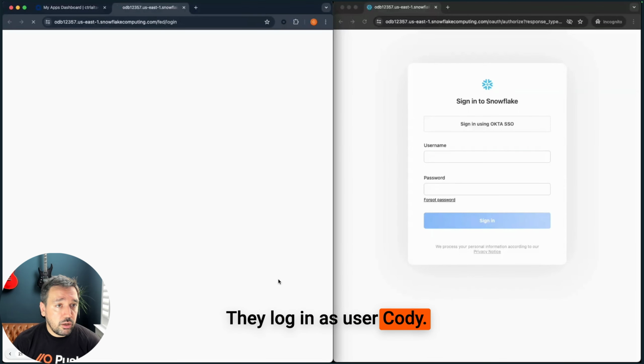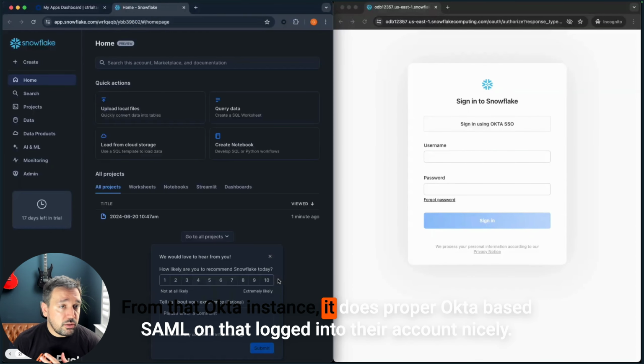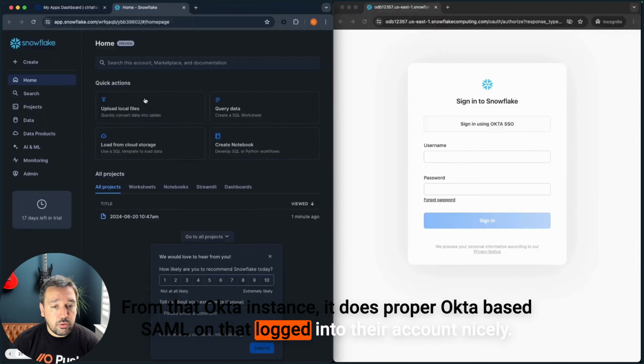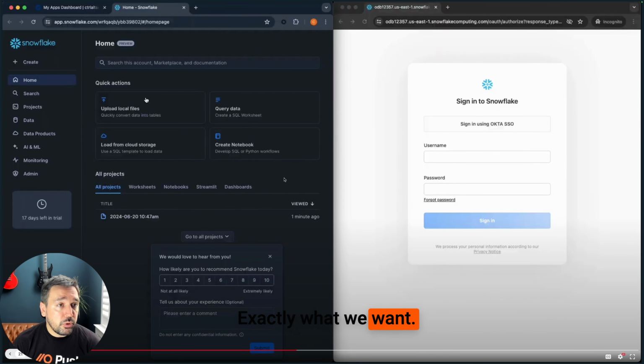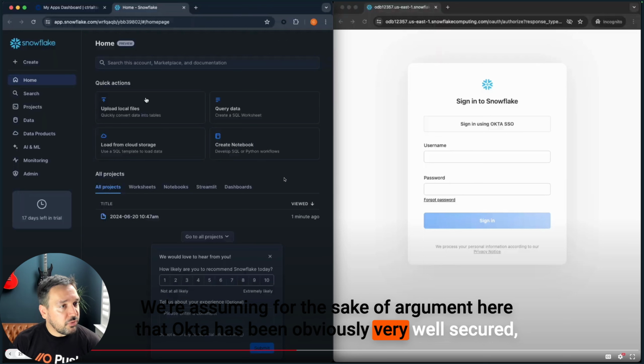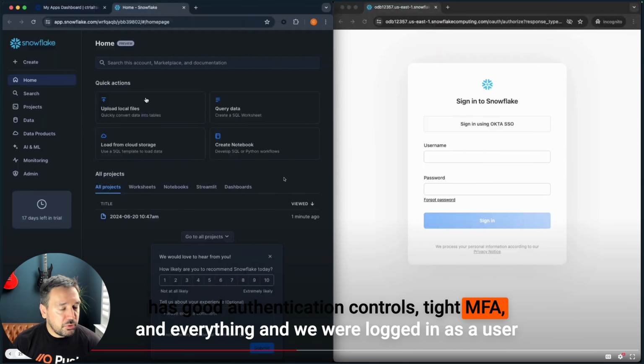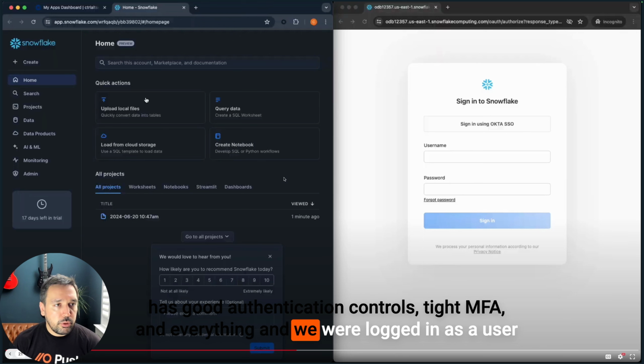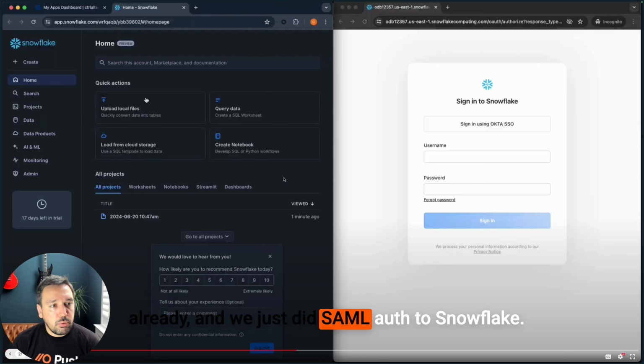They log in as user Cody from their Okta instance, and it does proper Okta-based SAML, and they're logged into their account nicely. Exactly what we want. We're assuming for the sake of argument here that Okta has been very well secured, has good authentication controls, tight MFA and everything, and we were logged in as a user already, and we just did SAML auth to